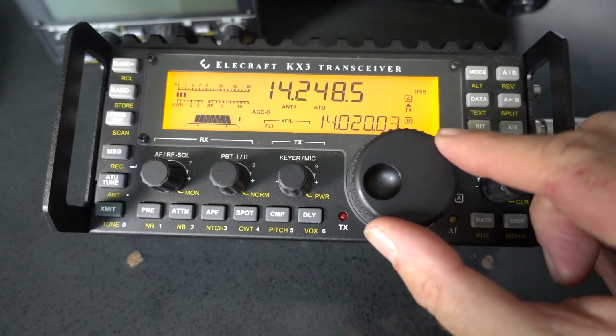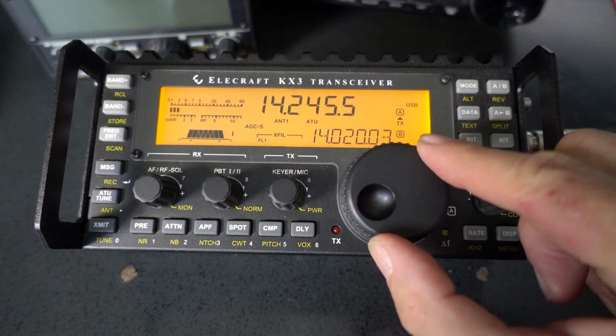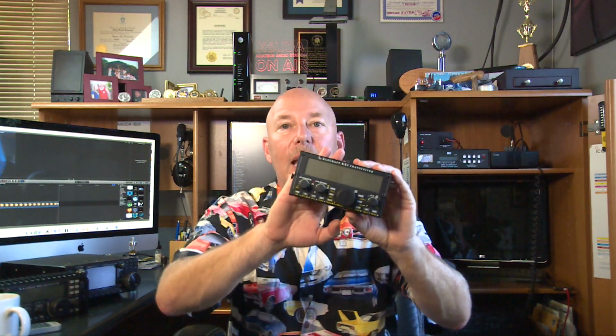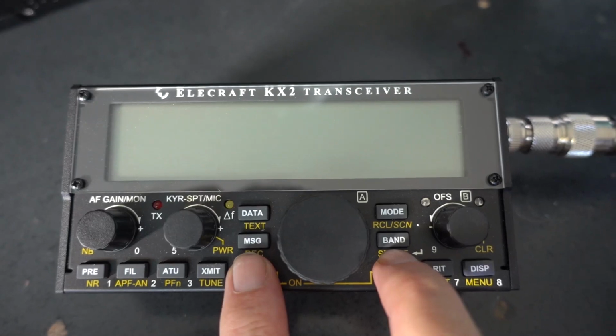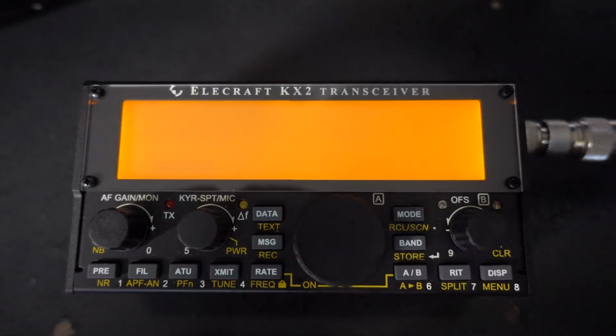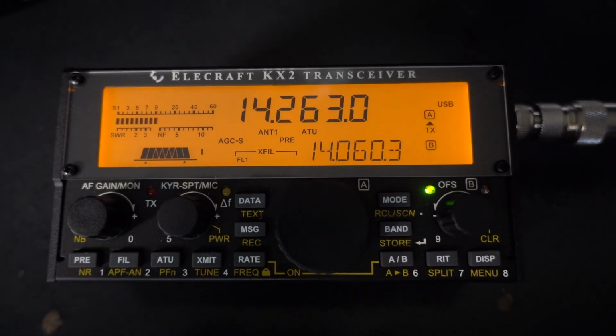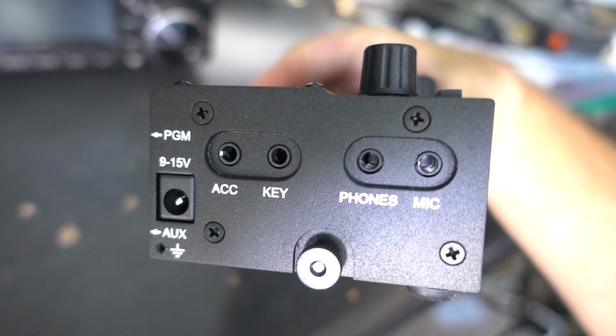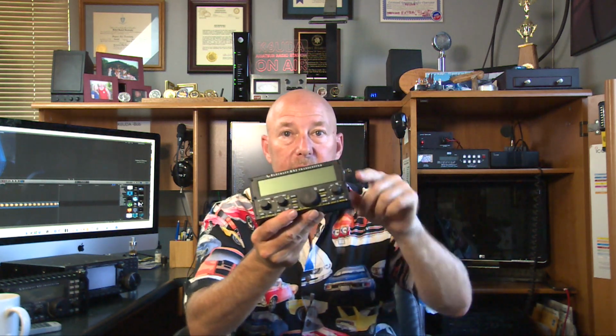This is one of my favorite radios. This one is the KX3. I've had this one for several years now, and it has really been a great radio for me. Elecraft has just come out with this brand new KX2. This is the little brother to the KX3. It's smaller, it's much lighter, it travels with you without hardly any other accessories other than what you see here